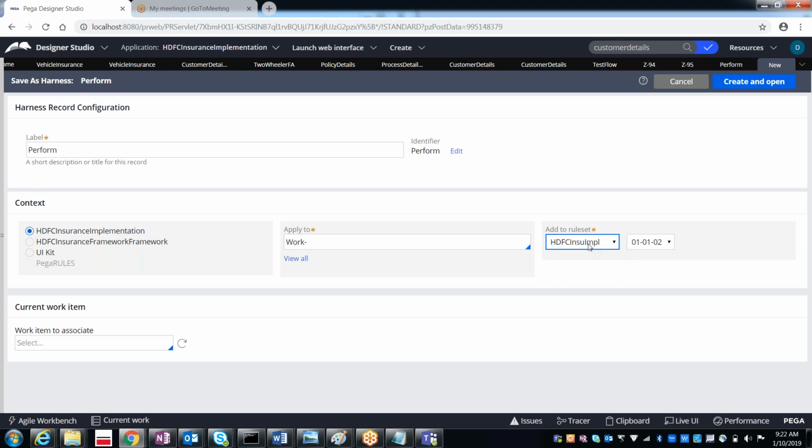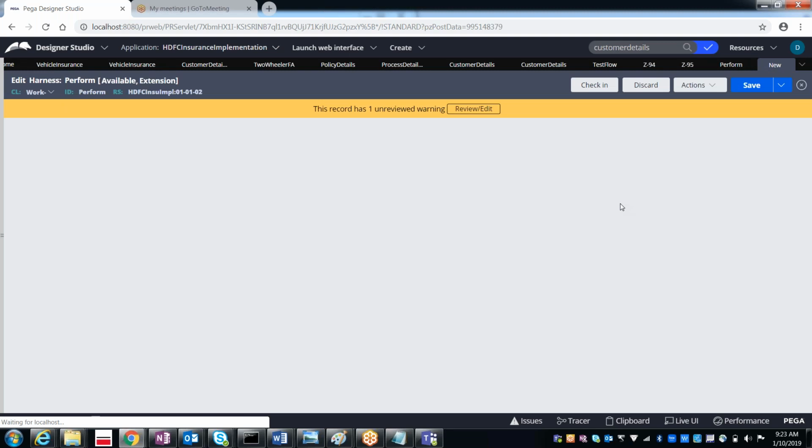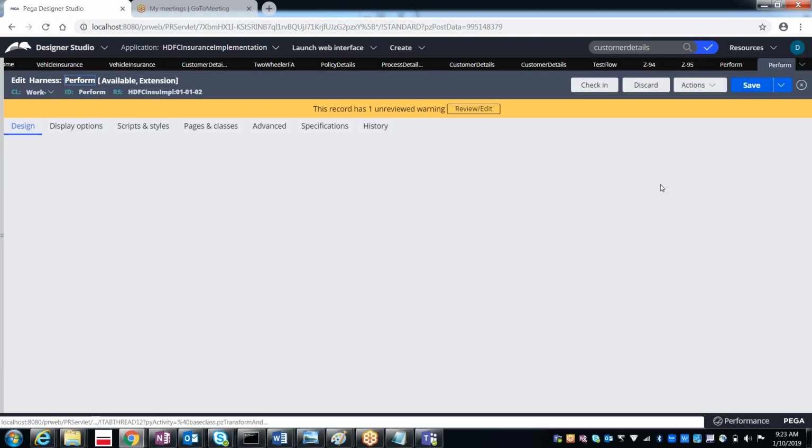Because that is the Pega rule set, we cannot have it. So save it in your rule set and in your version, Create and open. Once you have the rule in your rule set, next time when you run the flow, it will take from your rule set only, not from the UI-kit rule set, which is Pega's. So here, if you make any changes, those changes will be applicable to you.